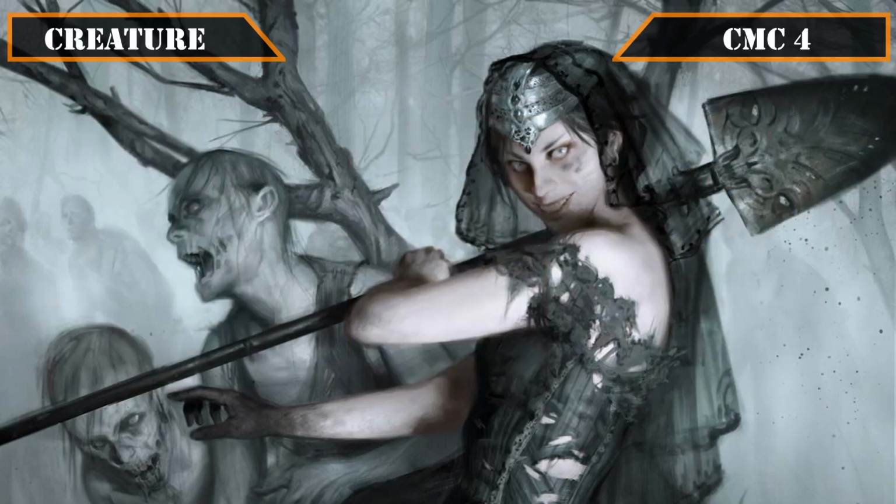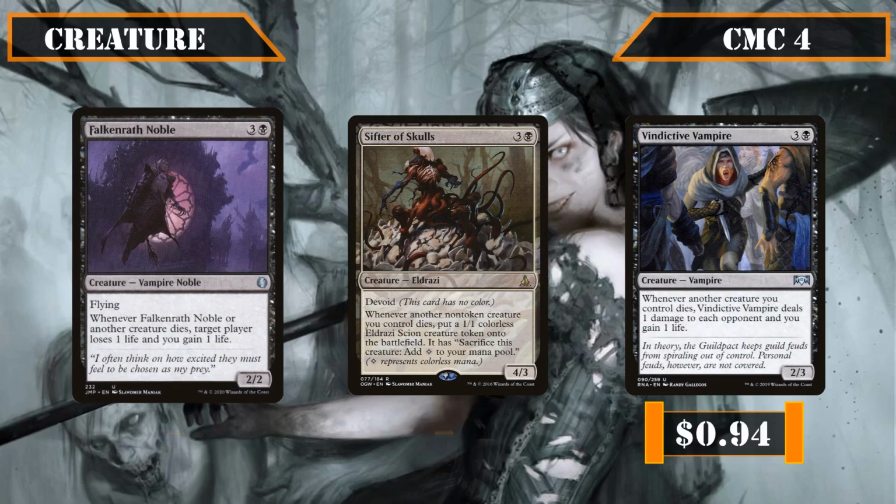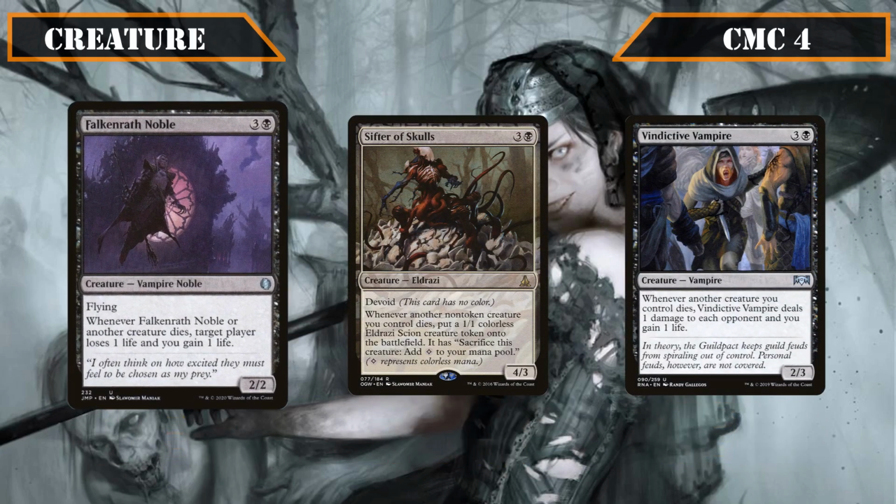More death payoffs then join us with Falconwrath Noble, Sifter of Skulls, and Vindictive Vampire. Falconwrath Noble is a 2/2 flyer that, whenever it or another creature dies, has target player lose a life while we gain a life, giving us a targetable drain effect when we need to start focusing down someone in specific's